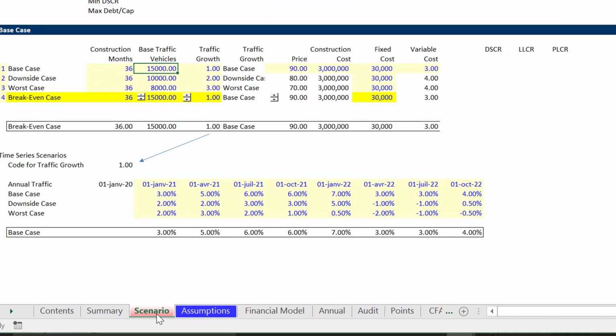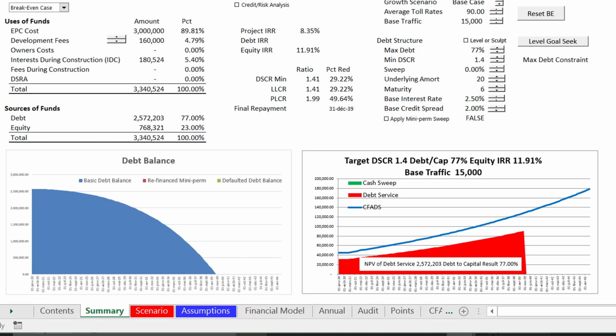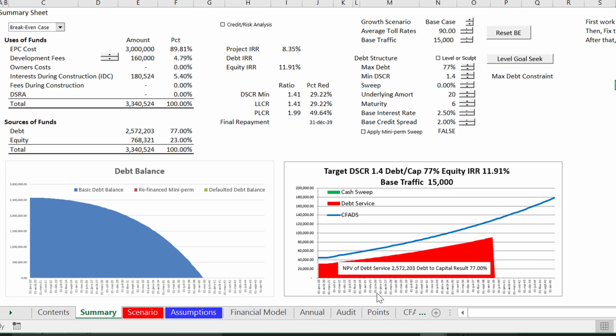Number two, tell me how to structure debt. I want all my employees to know how to do the sculpting and everything else. And number three, I want them to be able to do a credit analysis of